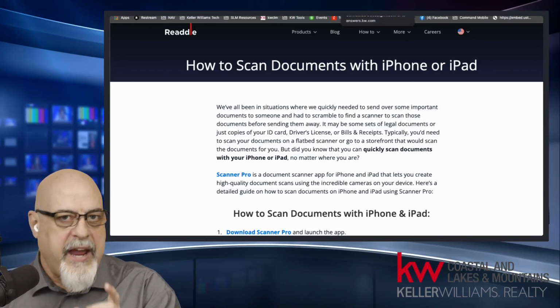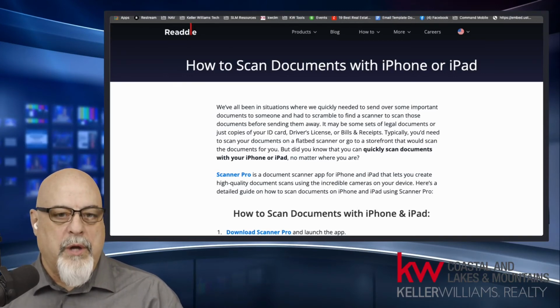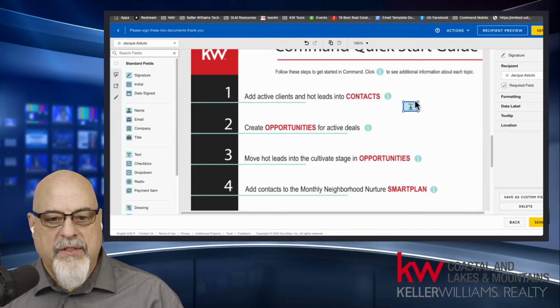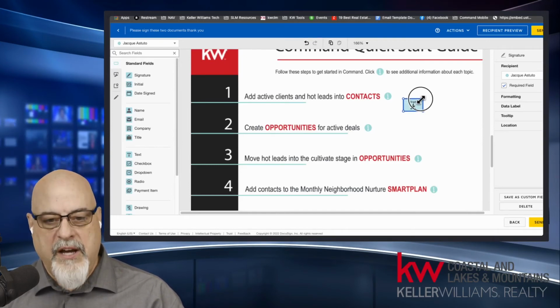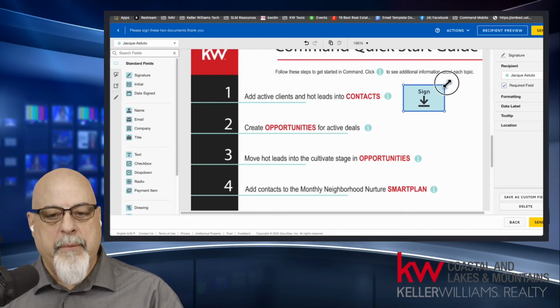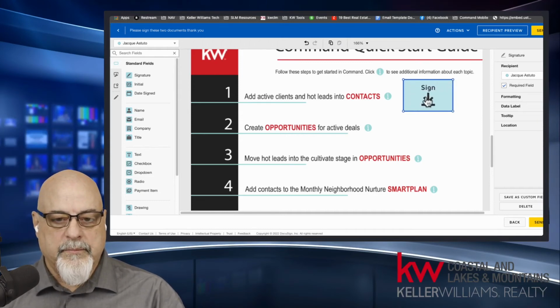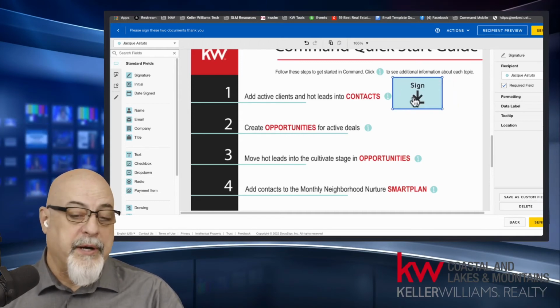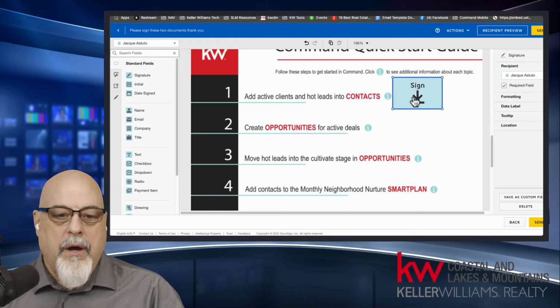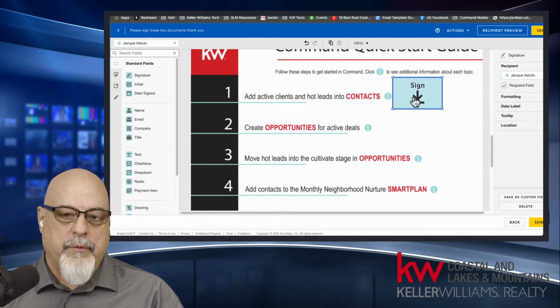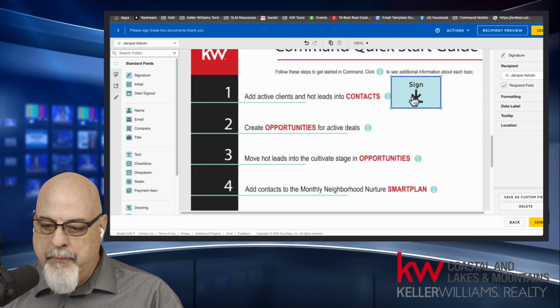So if your scans of documents are so large that you cannot make the signature fields big enough, it's the document size that's the problem. You need a better scanner. And by the way, that program is free. Okay, so now that we've talked about that,